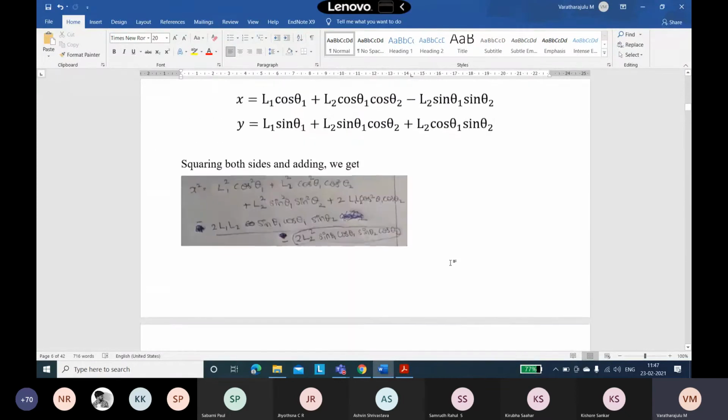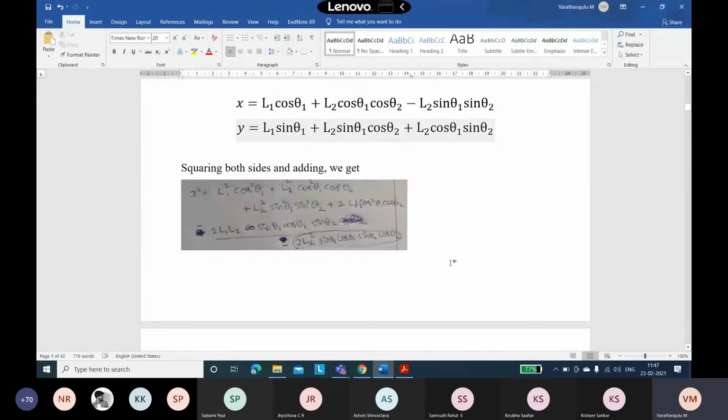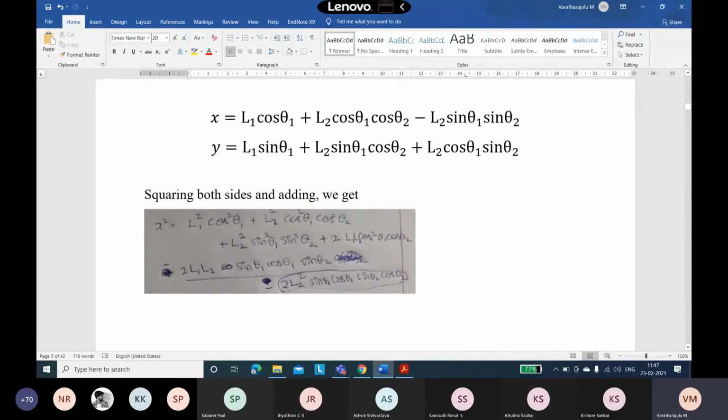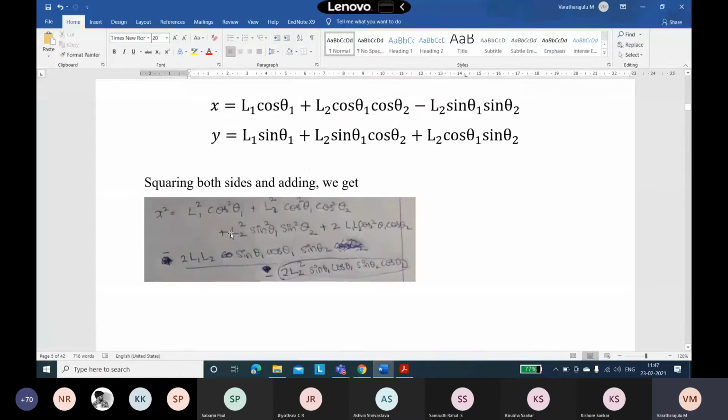and cos theta 2. Chitash did the derivation, squaring on both sides. I will go a little slower, so see the derivation: a square plus b square plus c square plus 2ab minus 2bc minus 2ce. This is what he did. L square cos square theta 1 plus L2 square cos square theta 1. Please make a note. Please have your notebook and calculator, and please make a note of this derivation